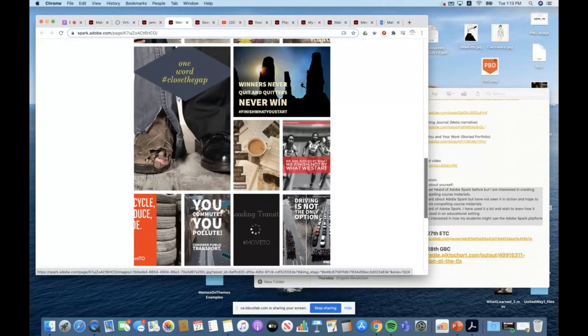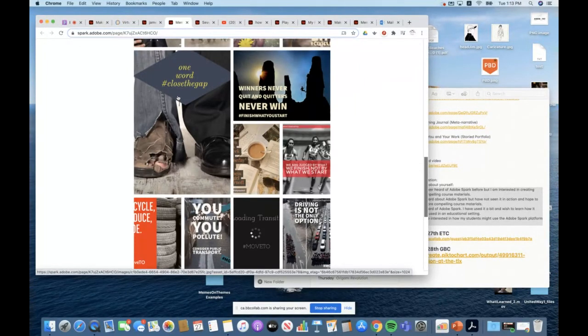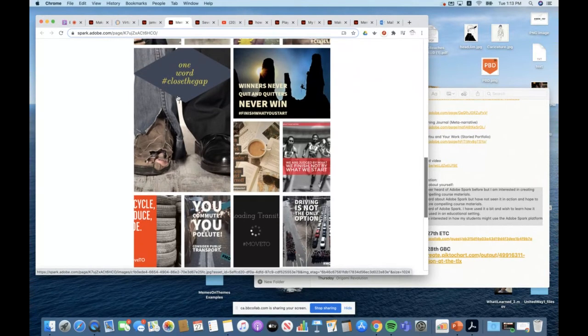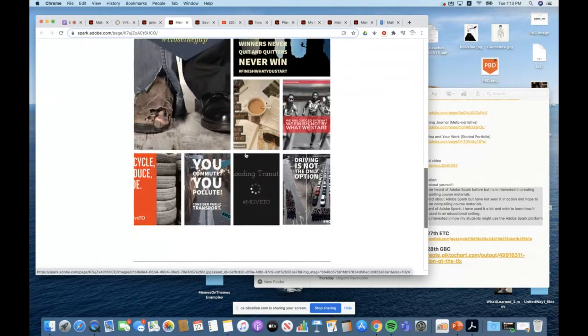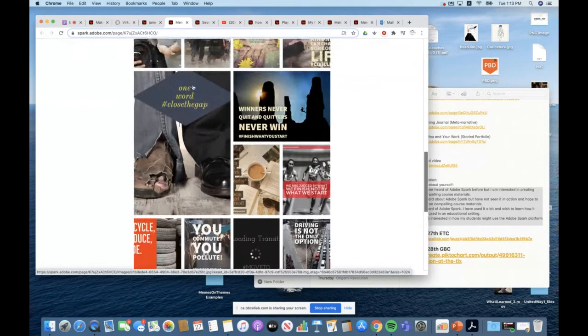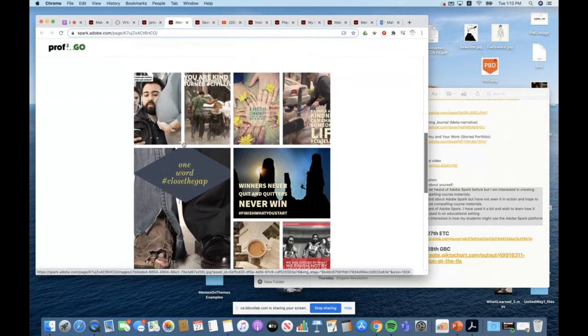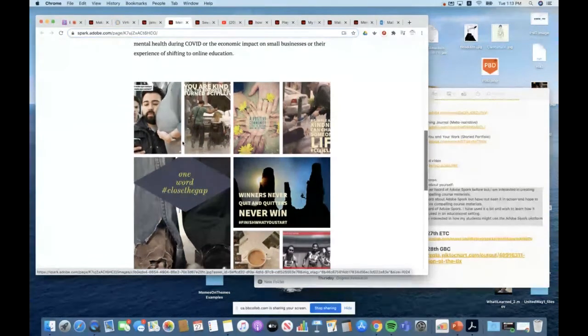And so we explored things like transit, so there's some transit ones there. The closing the gap, that was one that we did on income disparity. And this one was on civility, trying to get along in a big crowded city.